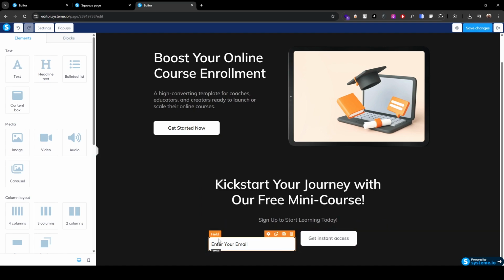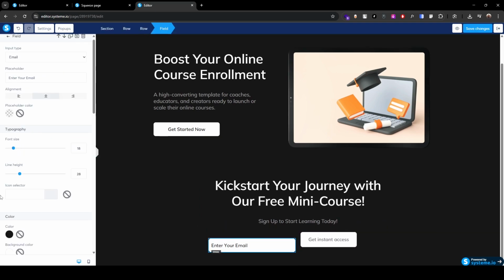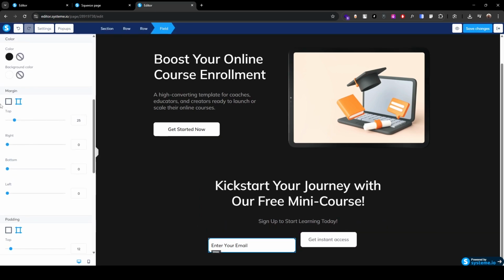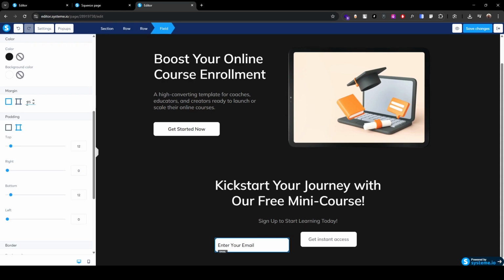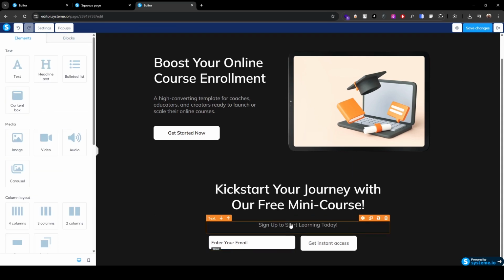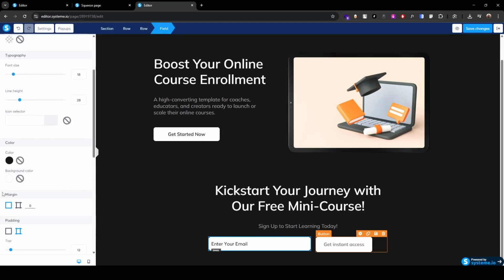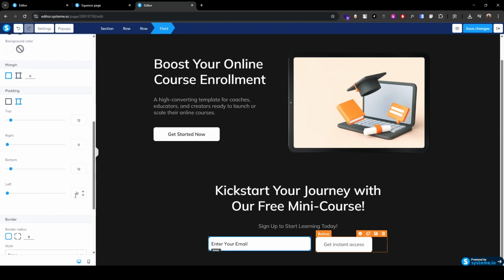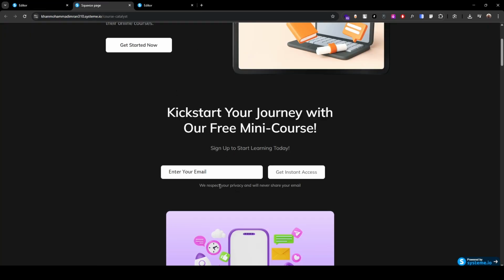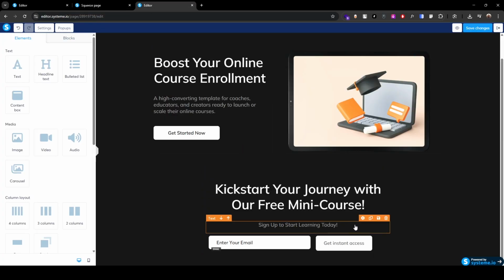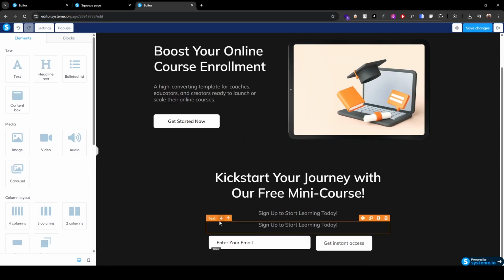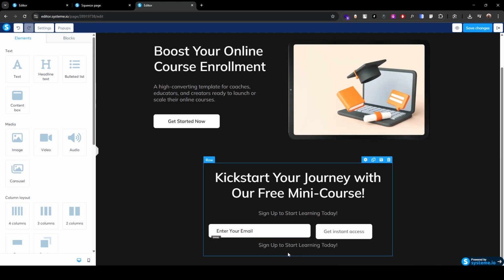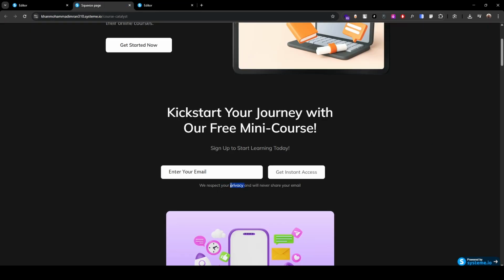it's working. Now click this field and remove its margin to 0 and make the form a little bigger. Add some padding here, I guess 20 on the left. And for this text, copy this text again and drop it here. Select the text,